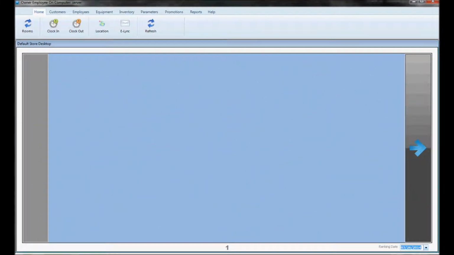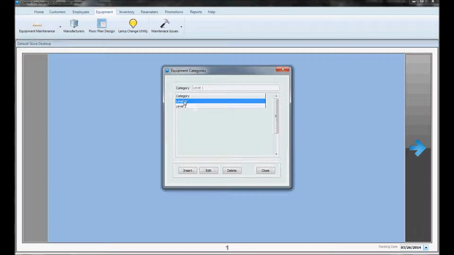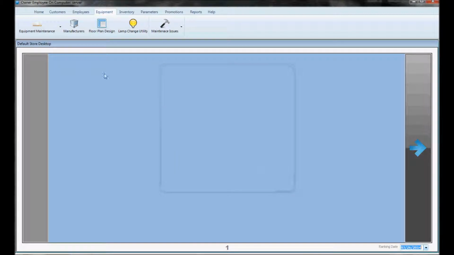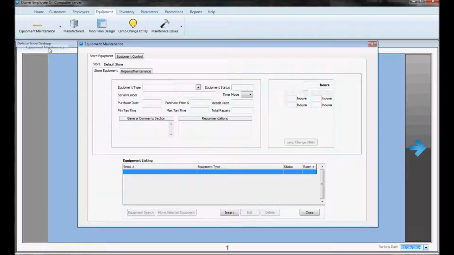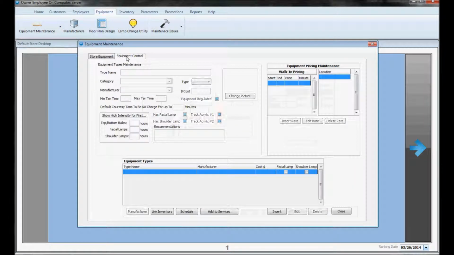In this video we're going to go over how to add a bed in Sunlync and do equipment maintenance. So we go to equipment maintenance here. Equipment categories is how you add categories for your beds. I've already got a couple in here. To add a bed we go to equipment maintenance and equipment control